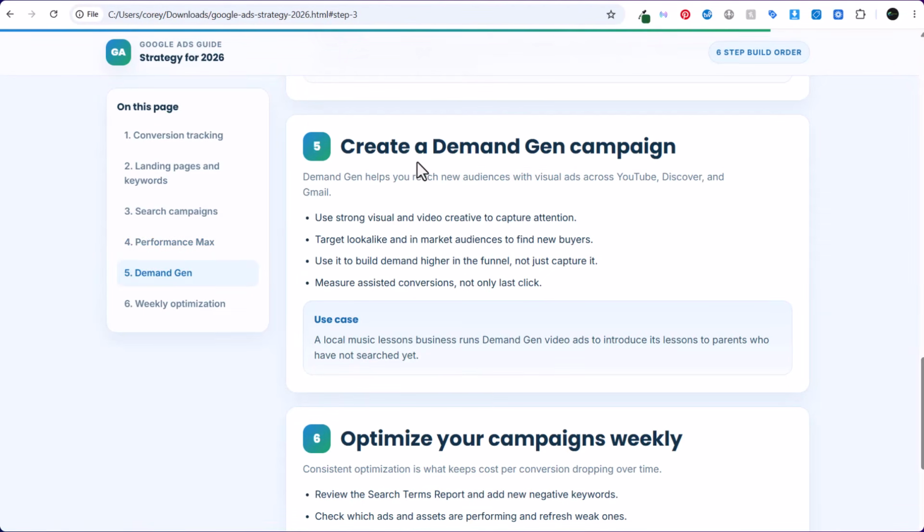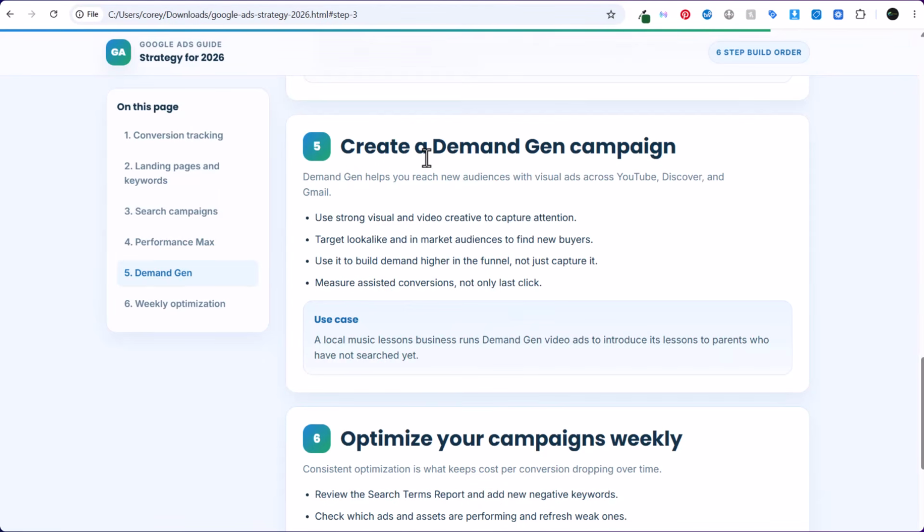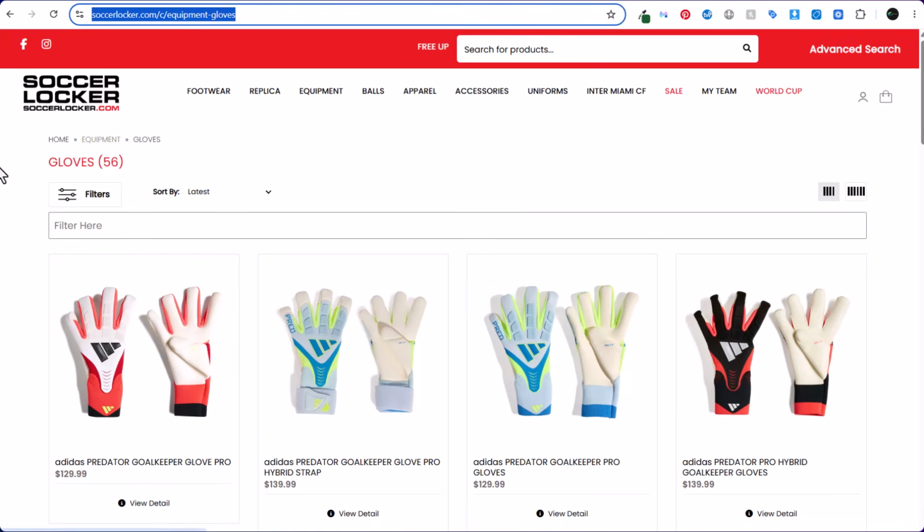From there, demand gen is what I'm going to launch after that. Demand gen is not something I'm running as much for a turf installer. Although with turf installation, you probably have a longer lead time. But for a locksmith, for example, I'm generally not running a demand gen campaign. Locksmiths, your demand is people who are locked out. So essentially it's one of those things that demand gen is good for somebody like soccerlocker.com